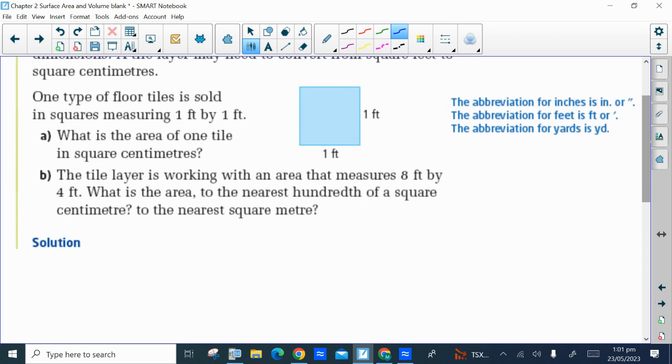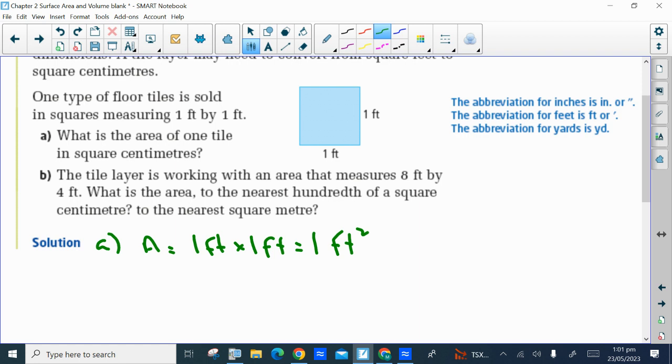So I'm going to do this by only doing one conversion. The area of the tile is 1 foot by 1 foot. And 1 times 1 is still 1, but it's going to be 1 square foot when you find the area. And now from there, we want to convert to square centimeters. If you look on your formula sheet,